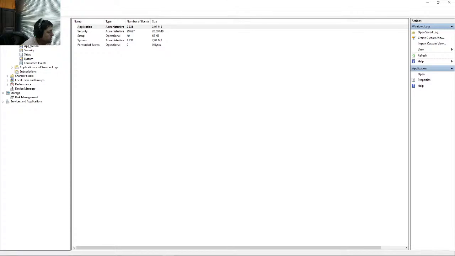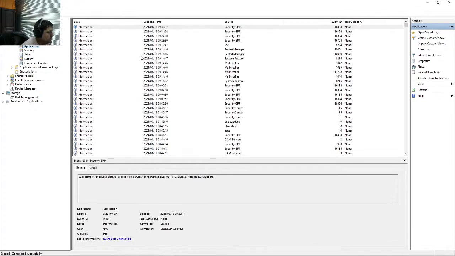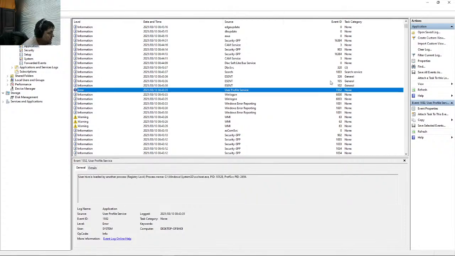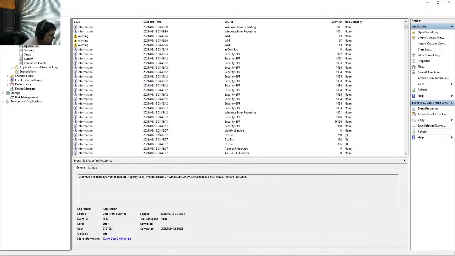Now let's say it was Application. You want to know exactly what the error is. It will show up here. Mine is also so far so good. There's a critical error. That's your error. User drive has been loaded by another process. But that's where you can see all your